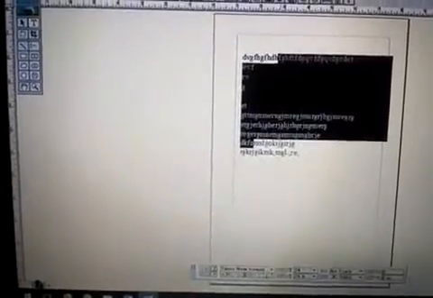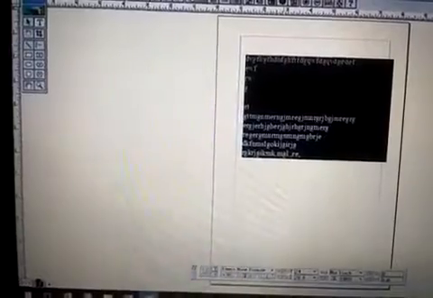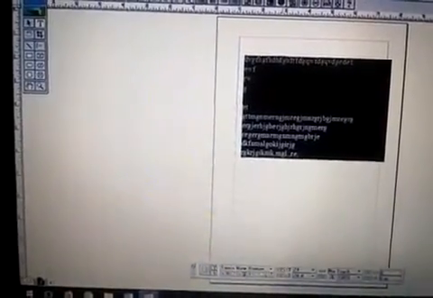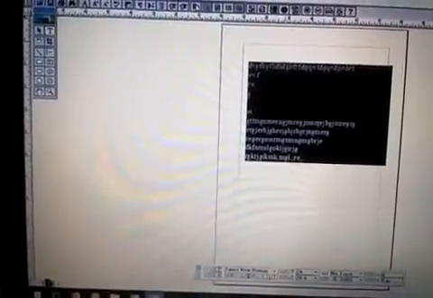One character to the left and right, using the left and right arrow keys with the shift key. One line up is shift plus up arrow, one line down is shift plus down arrow, and to select the entire document you press Control plus A.